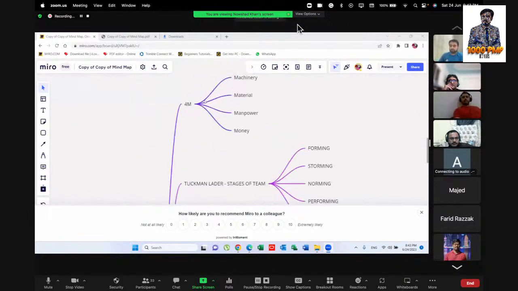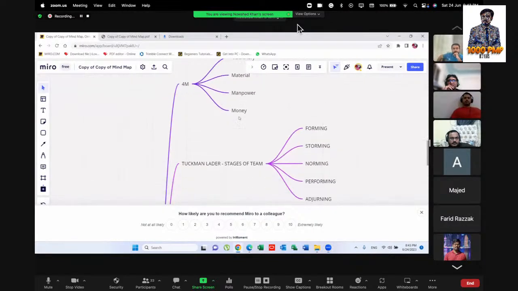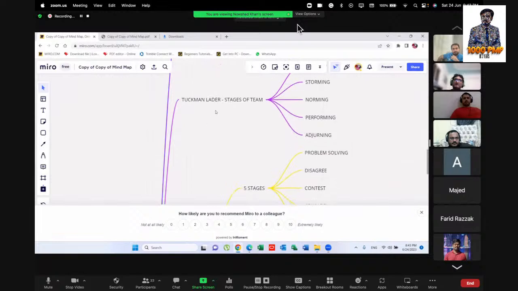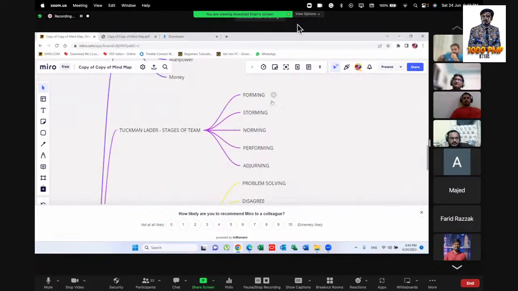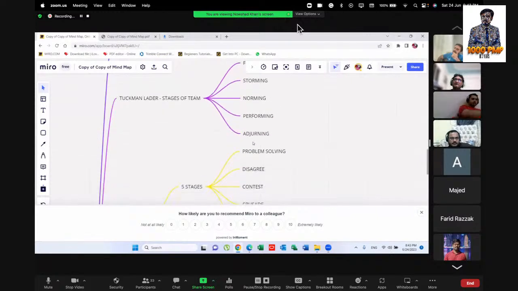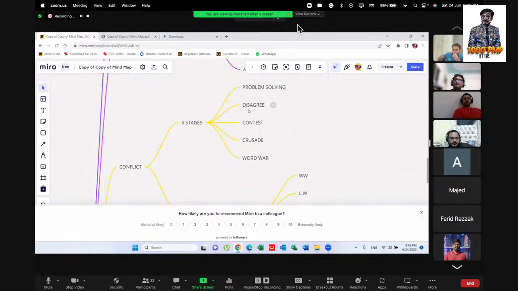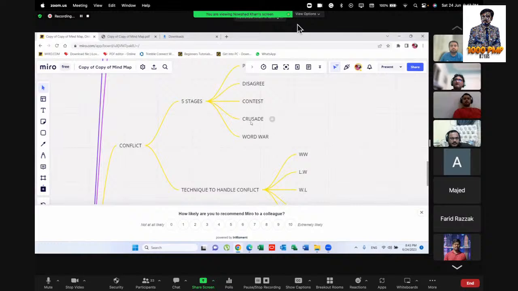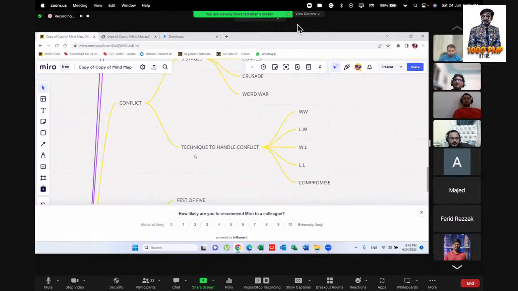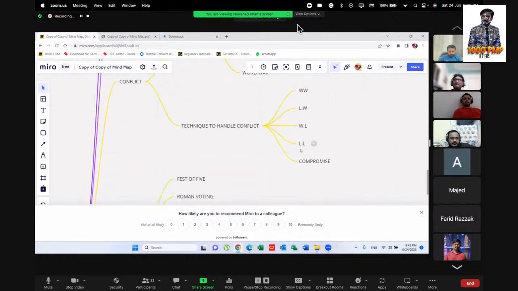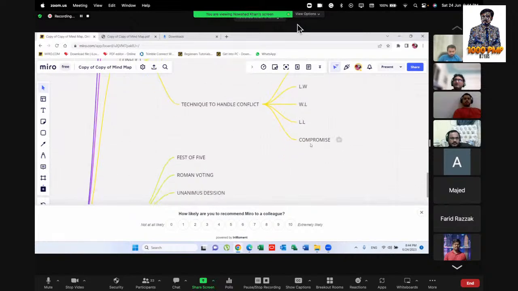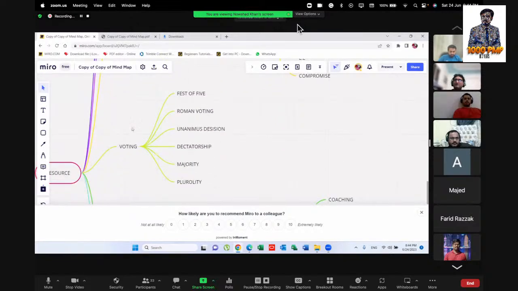For resource, first we have 4M: machinery, material, manpower, money. Then we have Tuckman's later stages of team: forming, storming, norming, performing, adjourning. Then conflict, which has 5 stages: problem solving, disagree, contest, crusade, world war. Then techniques to handle conflict: win-win, lose-win, win-lose, lose-lose, and the last one is compromise. Then voting: fist of 5, Roman voting, and unanimous decision,